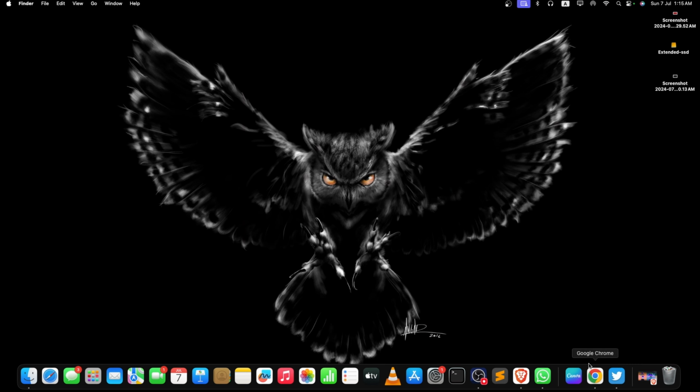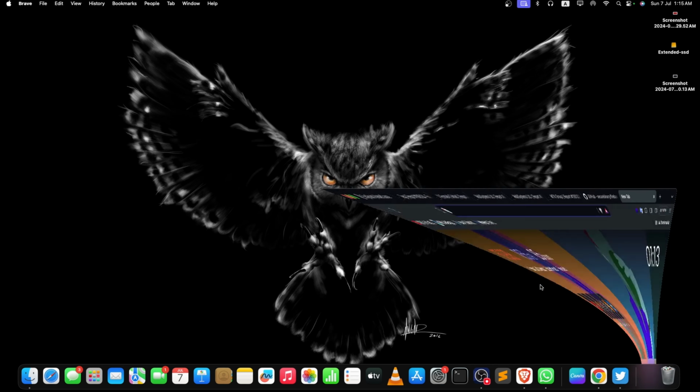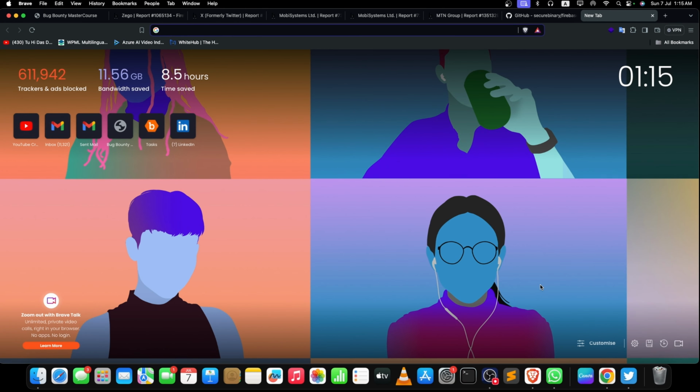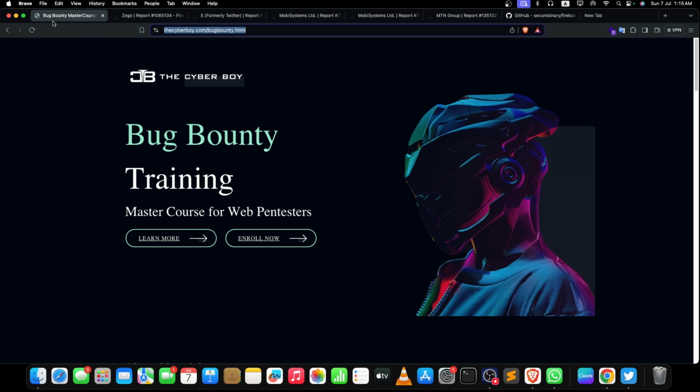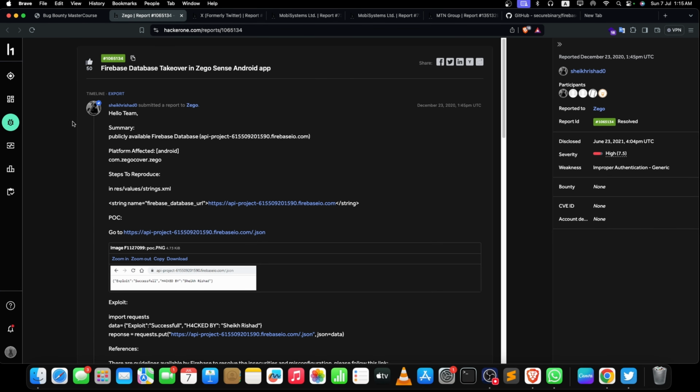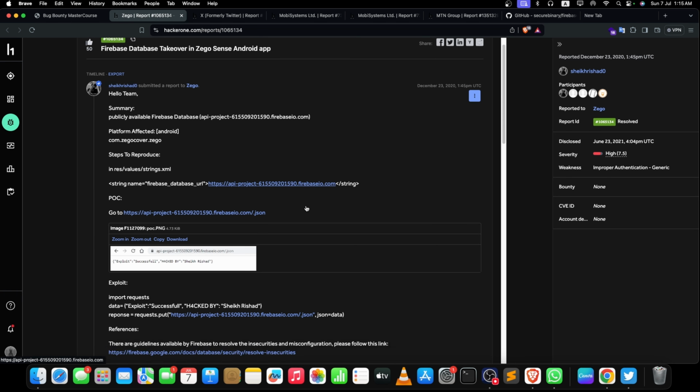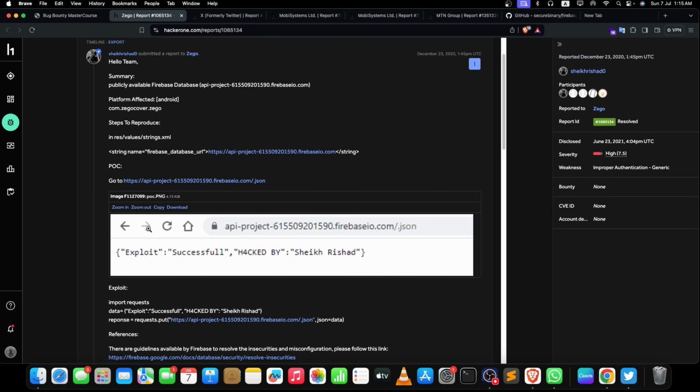I'm just going to open one of the tabs in my Brave, and I'm going to show you some tools or some POCs here. So let's take a look at the first POC. It was as simple as this: the API project firebaseio.com, and then we can do this thing, like, see, we are making our JSON file to make proper exploitations on all this type of thing, right? That we are just trying to take over the database or make any file in that thing.